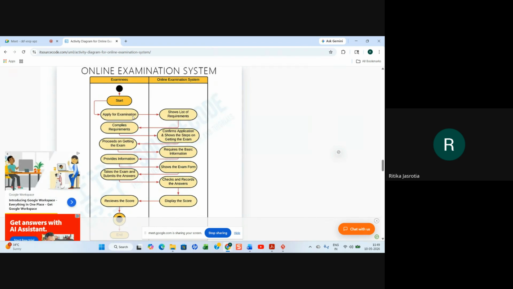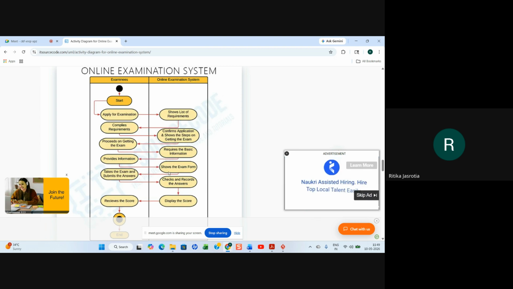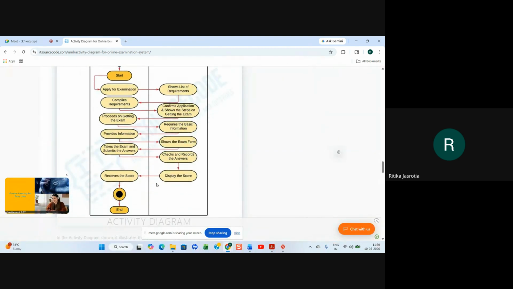This is the registration part, right? Show list of requirements, then comply with the requirements, then confirm application and show the steps on getting the exam, then proceed, require the basic information, provide information, show the exam form, take the exam and submit the answers, check and record the answers, display the score and receive the score, and end.